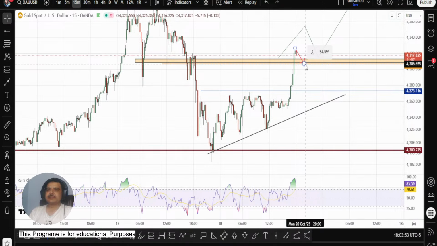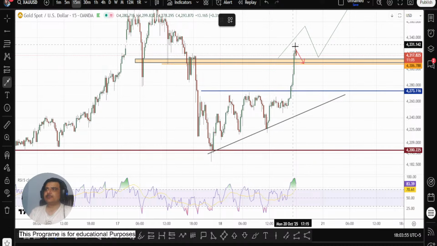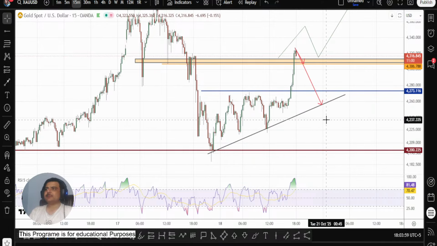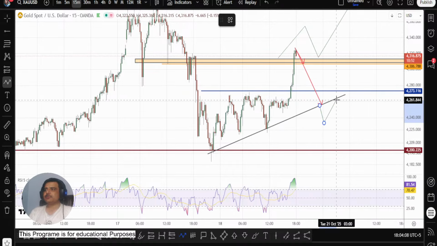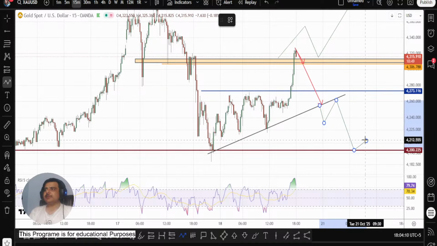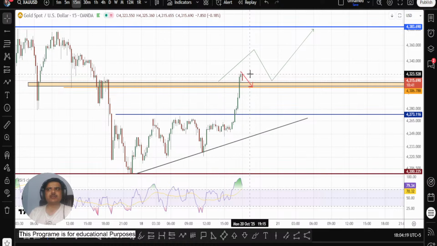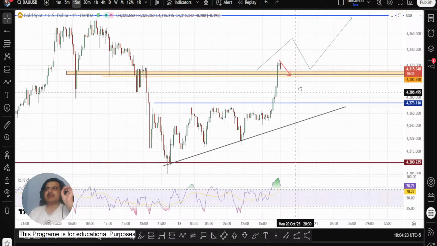If this level doesn't hold the market, then I will be waiting for this level, and if it breaks below this, then there is no chance my break even stop can survive, because below this it is going to do this. Okay, but as I'm telling you, I'm personally looking at the bullish side of the market, no doubt. I don't care even if it stops me out or my profits decrease, whatever, but I want to stay.